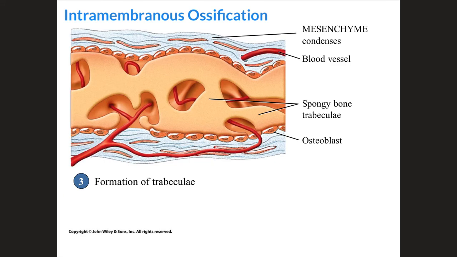And then we have the formation of the trabeculae, which is that spongy bone, that airy middle portion of the bone to make bone a little bit lighter. So we see that honeycomb formation that is going to occur. The blood vessels are going to intertwine more in there, and they're going to continue to form as the mineral